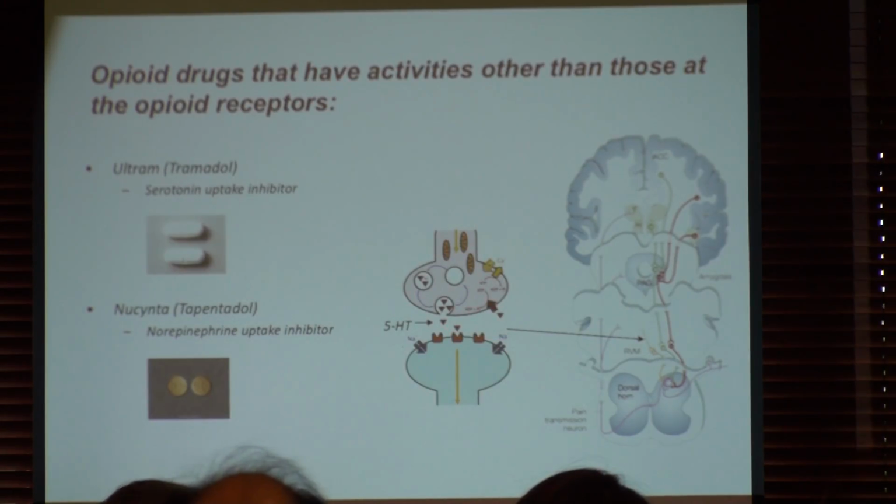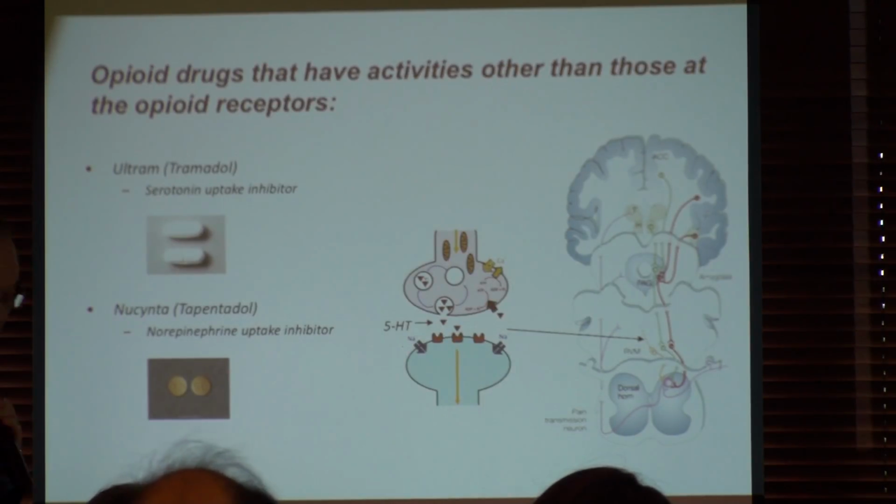So that means the same compound has two different uses. By doing this, you can use less of the drug to activate the morphine receptor and get the same effect. So this is pretty good. There's another one called tapentadol, which acts on a different neurotransmitter, the same idea. So these are the compounds I mentioned. If you have post-surgery pain, I think most of the time they will give that to